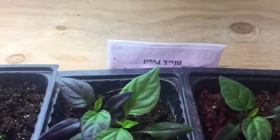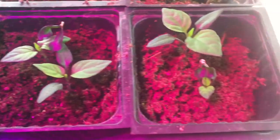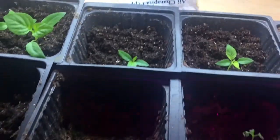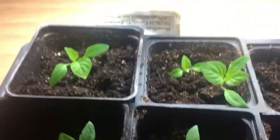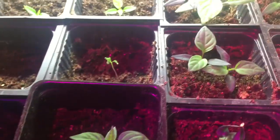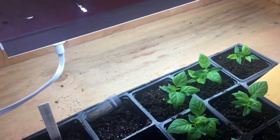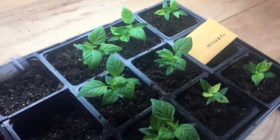So we've got some special peppers here. A friend of mine gave me some black pearl to start, and we'll split them. Some of them seem to be faring better than others. Over here too, these guys, here we have Tabasco plants,